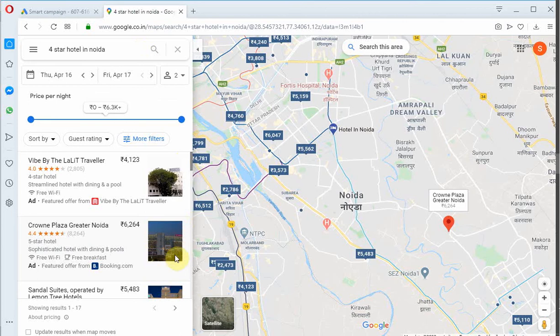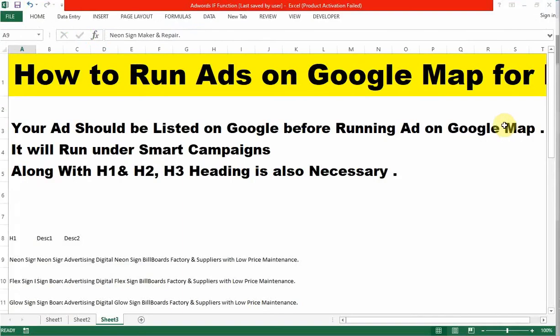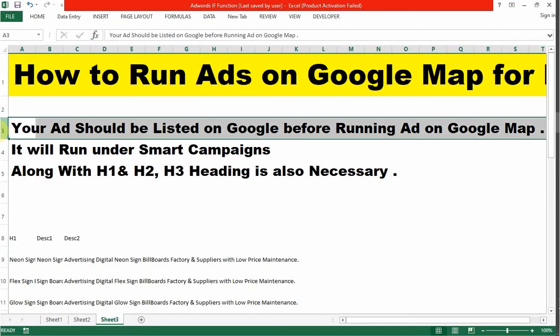So here we see the example of a 4-star hotel in Noida also. This is the mark of ad. You will see that an AdWords ad is running. And I already told you the criteria. Your ad should be listed on Google.